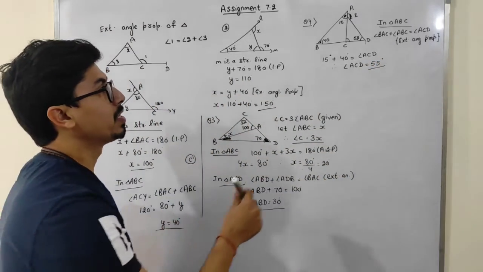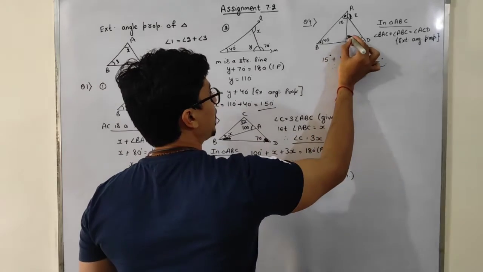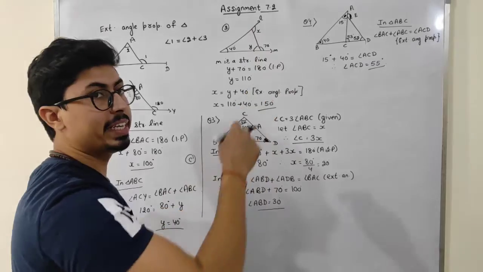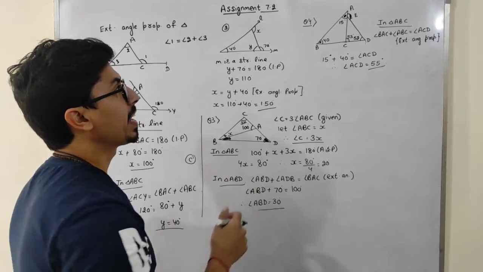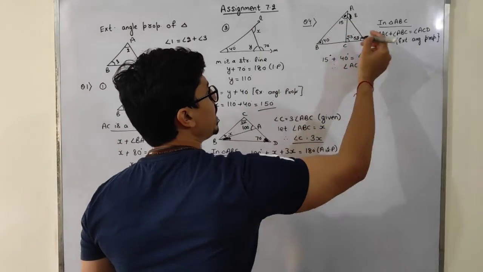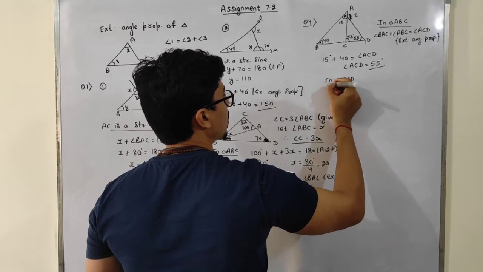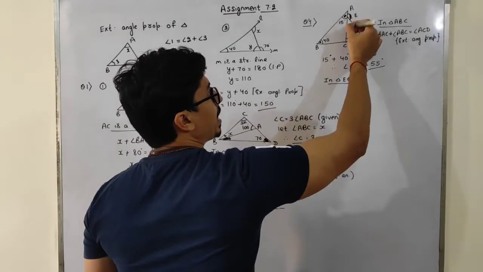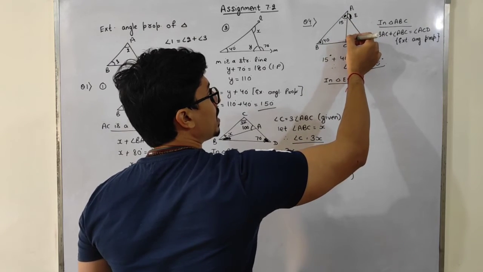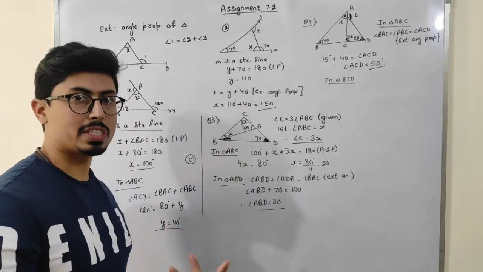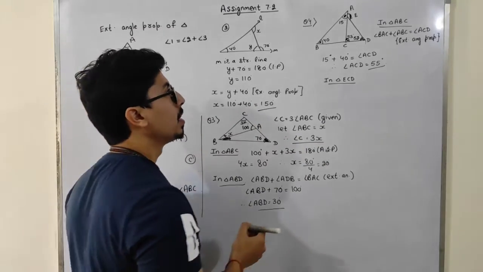Okay. Now students, this angle we know. So this is 55 degree now. And what we have to find out? We have to find out angle AED. Now students, if we take triangle ECD, in triangle ECD, the sum of this angle and this angle is equal to angle AED by using the same property, exterior angle property.